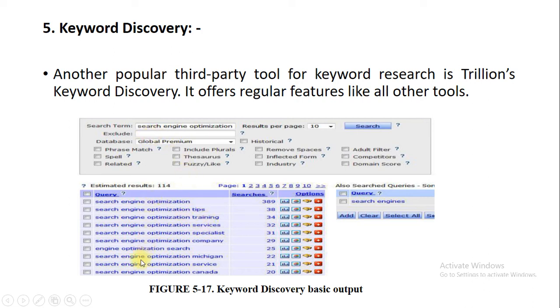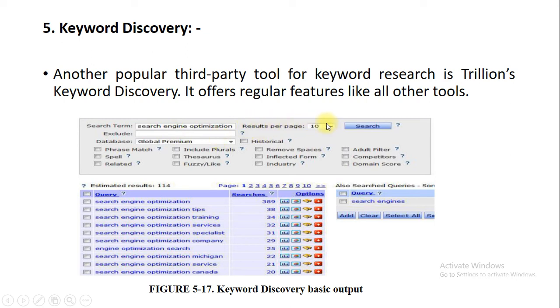Say for example, you can have a list of results over here. Approximately 114 results were found within one topic using keyword discovery. Suppose search engine optimization tips is given over here, and Canada is typed over here. When I specify Canada, that result is not considered, because I have written it in the excluded term.